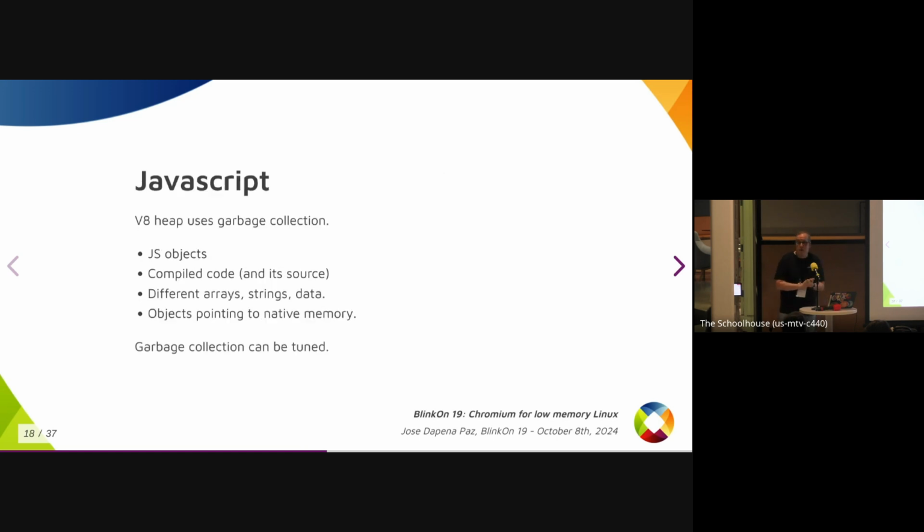Okay, and in the JavaScript world, and the web world in general, we have the V8 heap. The V8 heap has garbage collection, and there we have the JavaScript objects, the compiled code, and the source code, the string representation of the source code. We have arrays, strings, data, also objects pointing to native